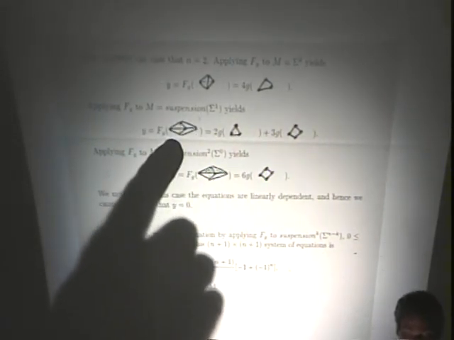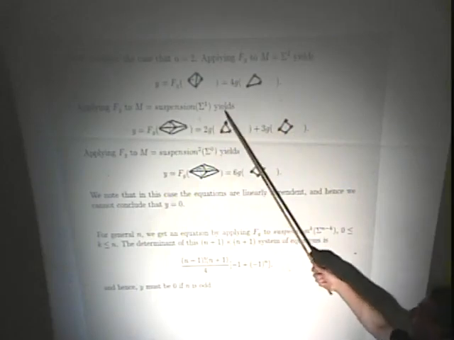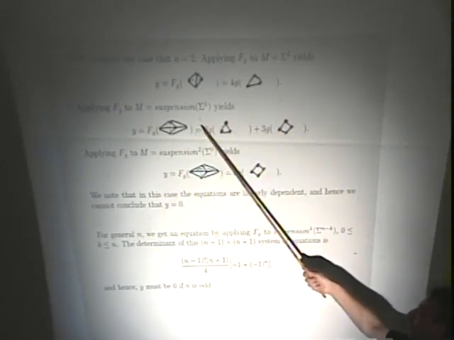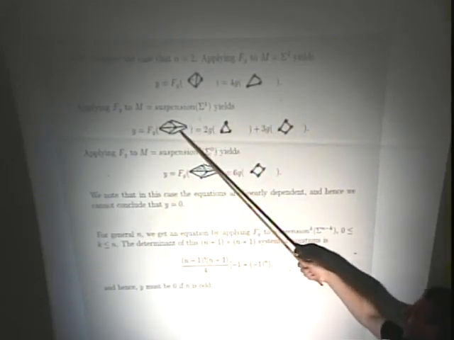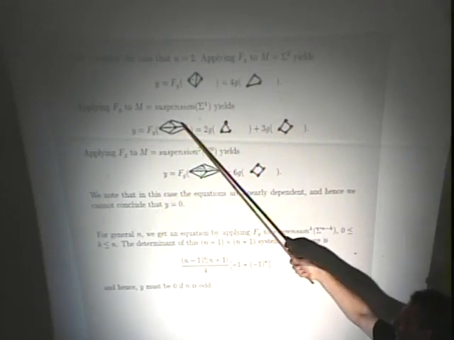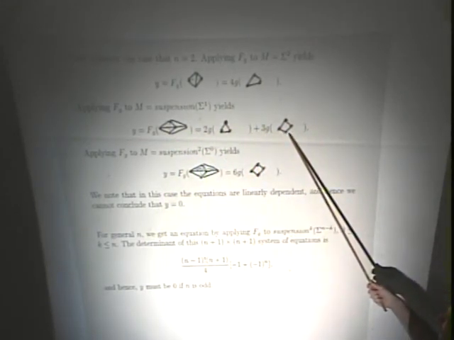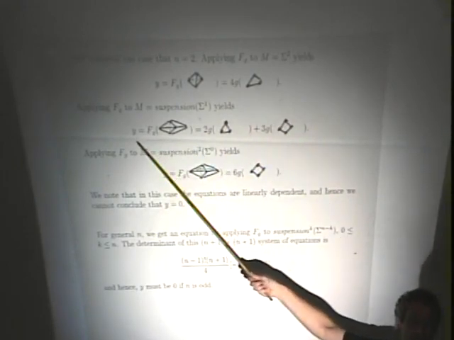Okay. Another thing you can do is take the standard 1 sphere, that triangle, and take its suspension. Now you apply the formula there. The 2 vertices at the ends here have a link that's a triangle. So when I add up g over all the vertices, I'll get 2 times g of this thing. And 3 vertices have a link that's a square. Like this vertex here has a link, this square. And so I'll get 3 times g of that. And so that has to be the same number y.